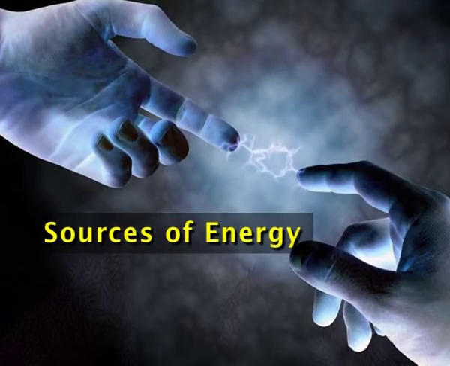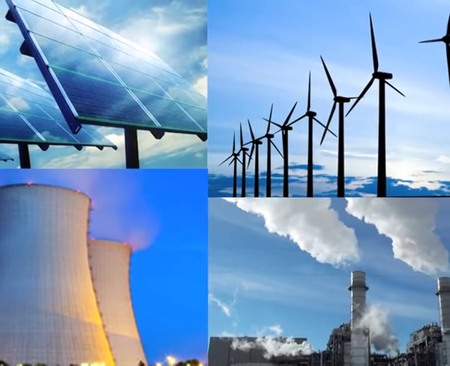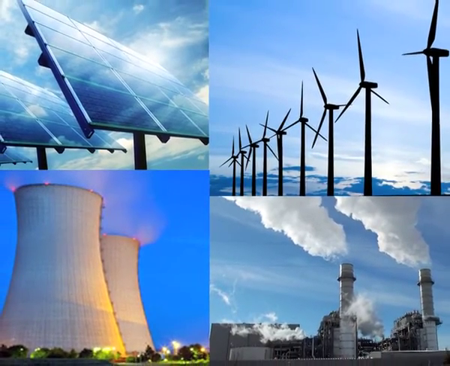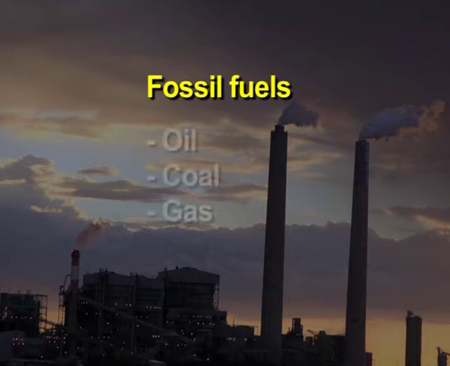Now we will be knowing something in detail about the various sources of energy. There are many sources of energy. The most common source of energy is fossil fuels, which include oil, coal and gas. These fossil fuels were formed when ancient plants and animals died hundreds of millions of years ago. As their bodies decayed, they were mixed with mud and sand and buried deep in the earth. And the compression and heat over thousands and thousands of years have changed them into fossil fuels.